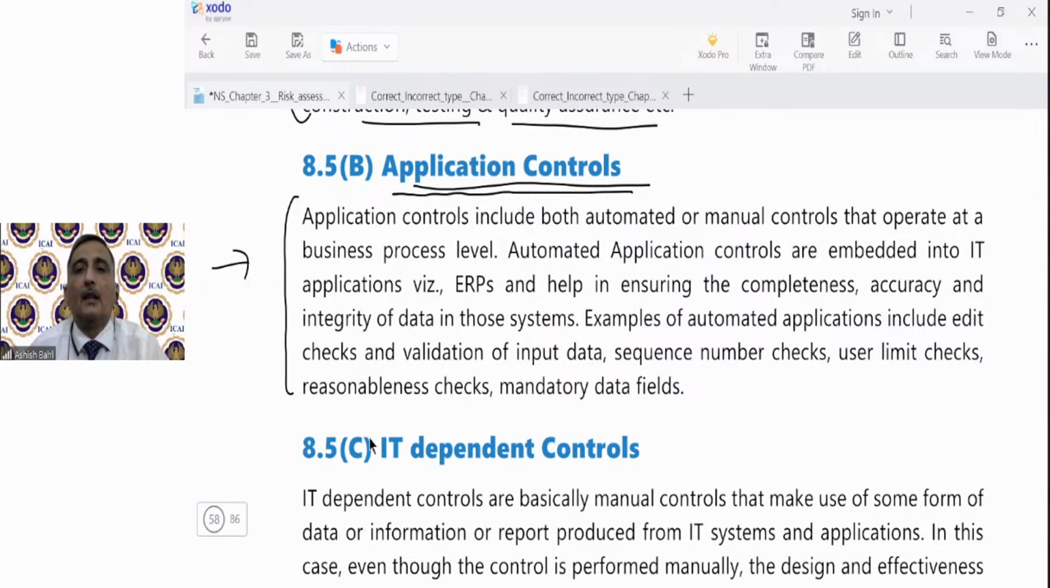Okay. So examples of automated application controls include checks and validation of input data. So students,